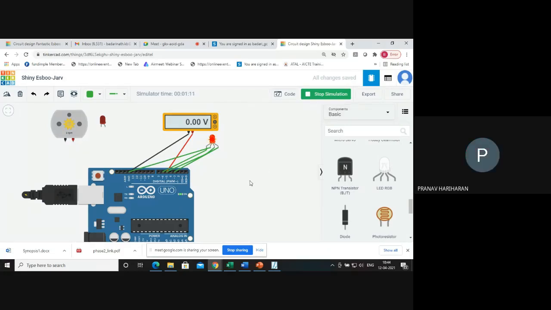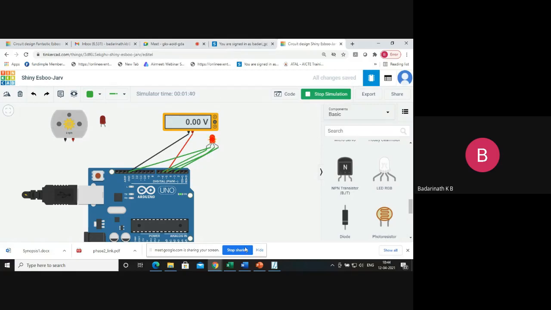Sir, I have a doubt regarding DC motors. Sir, you had told that we can control the speed of the DC motor just by using an Arduino. But in real life, in many places where I'm seeing, you use an adapter, a sort of a modulator or something like that, along with the Arduino in order to control the speed of a DC motor. Why is that, sir?